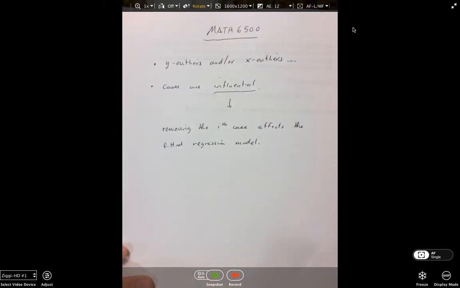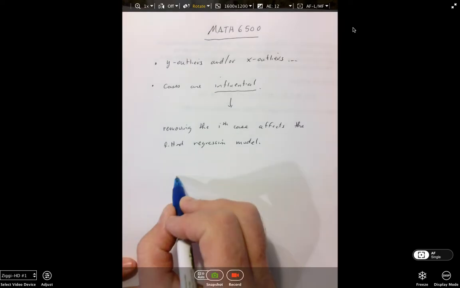Any case that has a drastic impact on the fitted regression model, we call an influential case. Now, what we've seen so far, and this is going to come into play in this video, is let's say we have a situation with